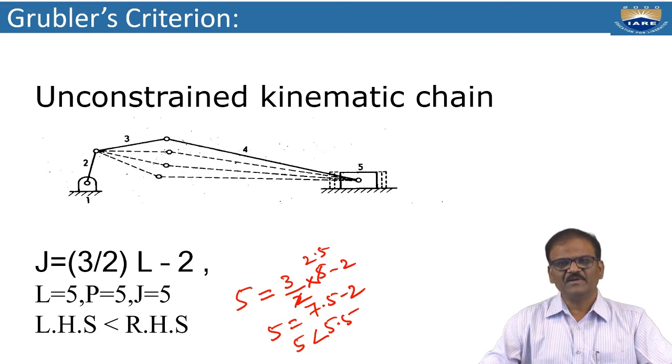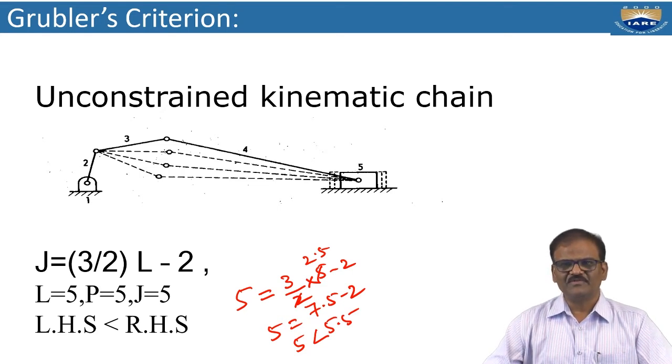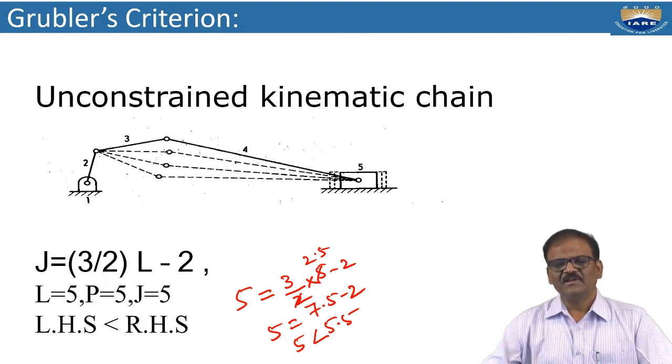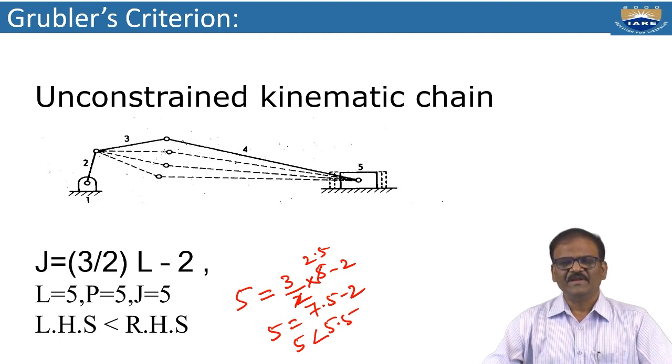The example could be one input giving 2 outputs, as in an automobile differential, where only one input from the engine is given and 2 outputs are being taken through a different mechanism. And this is the criteria of Grubler's equation. Further,